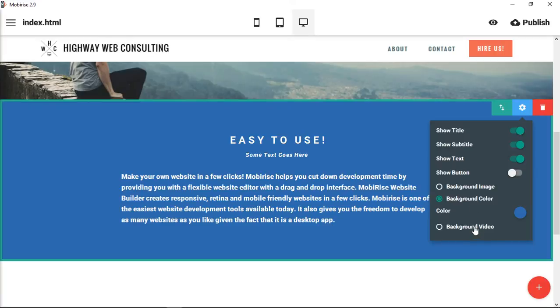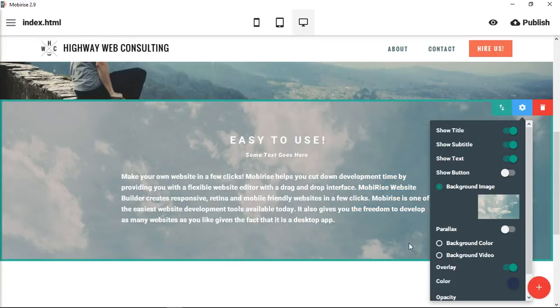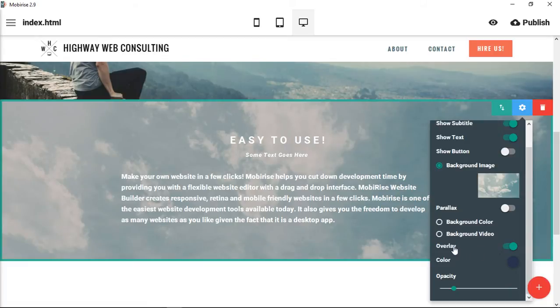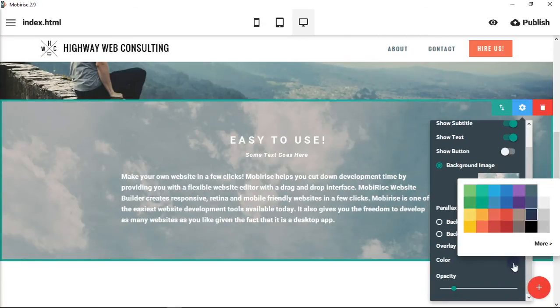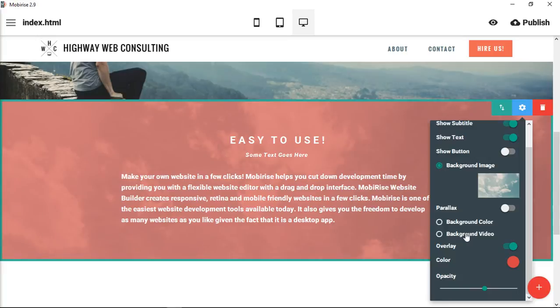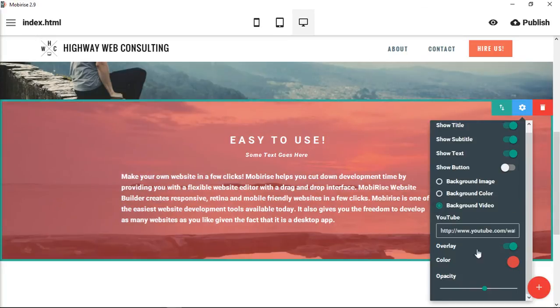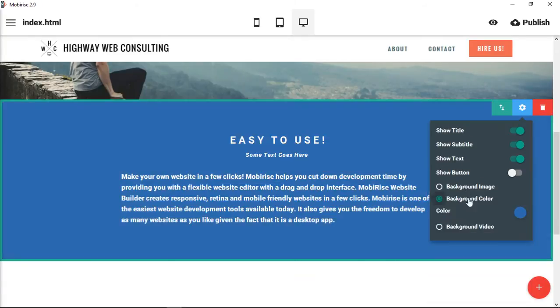You can also use, when you're using a background image, it almost always gives you the option to put an overlay. So this is just the image itself without an overlay. You can also choose the overlay, you can choose the color, and you can choose the intensity of that overlay. If you choose a background video, you get similar options of an overlay, the opacity for the overlay, and then when you open this here in the browser and you preview it, this is actually going to automatically begin playing in the background. So let's leave it as a color,